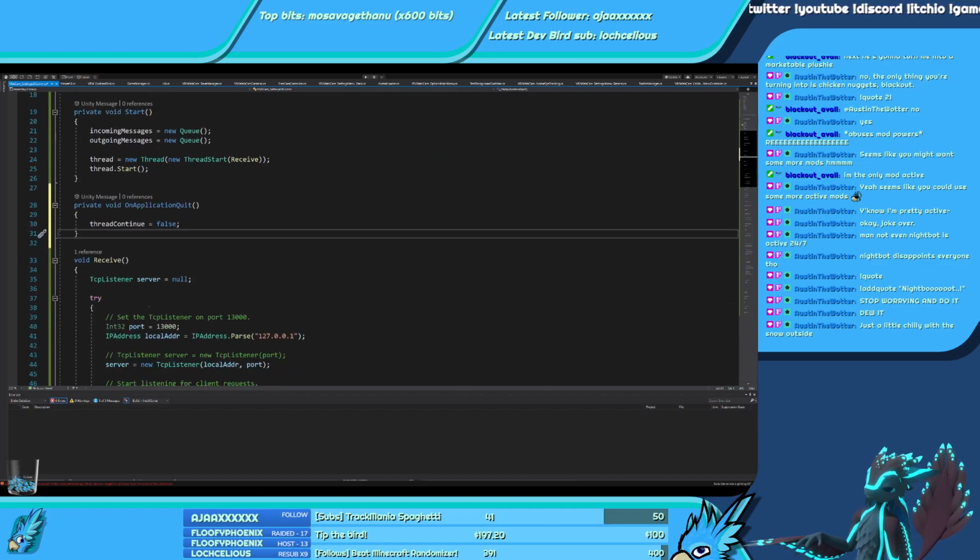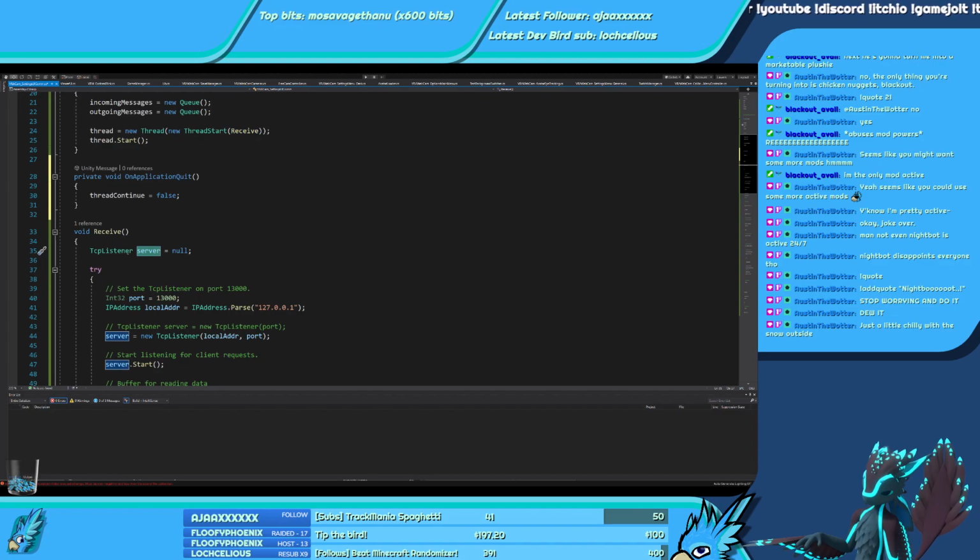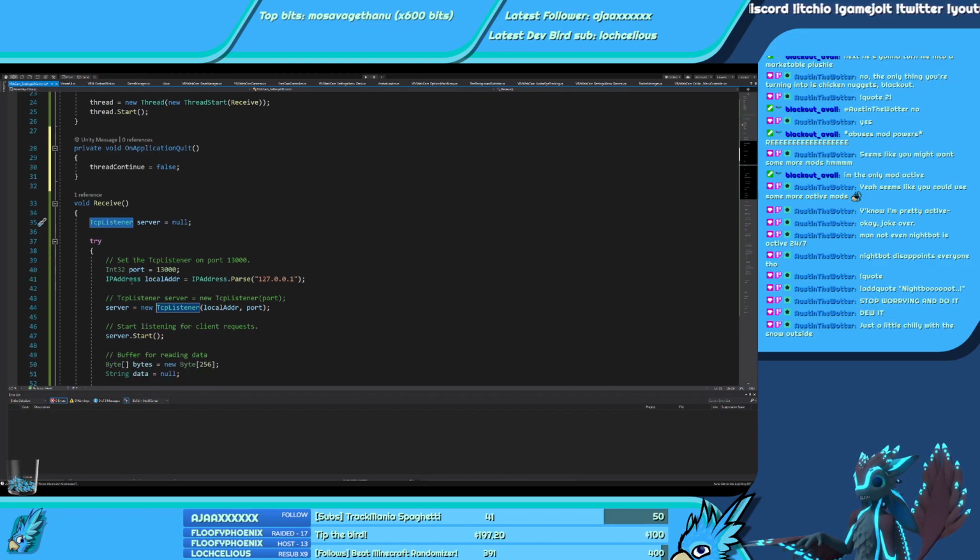So then the receive. So starting the receive thread, there's a server variable, which is the TCP listener, which from there, an Int32 port. So yeah, set the port to 1300, for example.